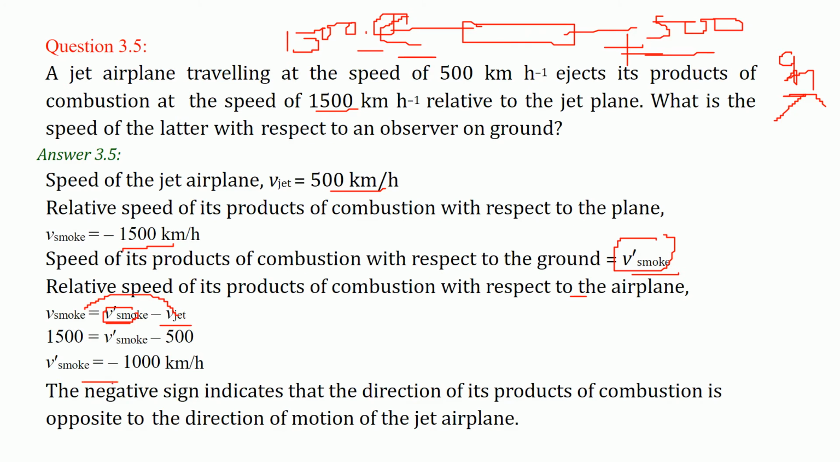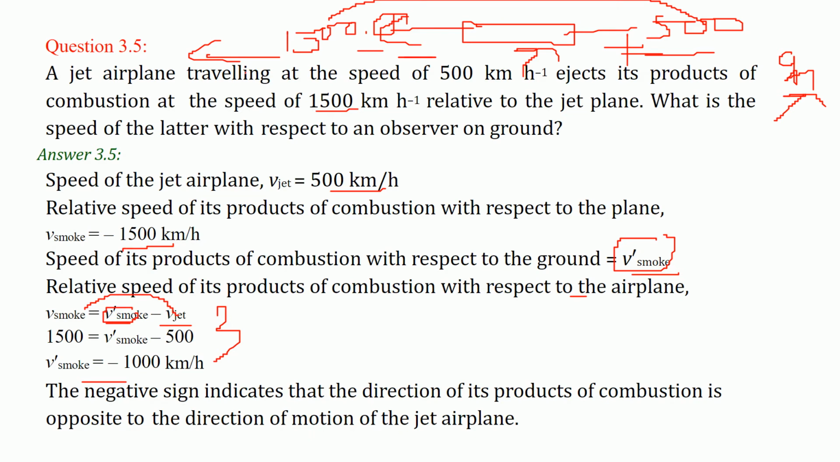It will be minus 1000. And why? Because if you subtract this also, 15,000 minus 500, this will be relative. And because this is in opposite direction, it will be minus 1000. So this seems very obvious here, but this has to be used in a way which has been taught to us. So the negative sign indicates that the direction of its products of combustion is opposite to the direction of motion